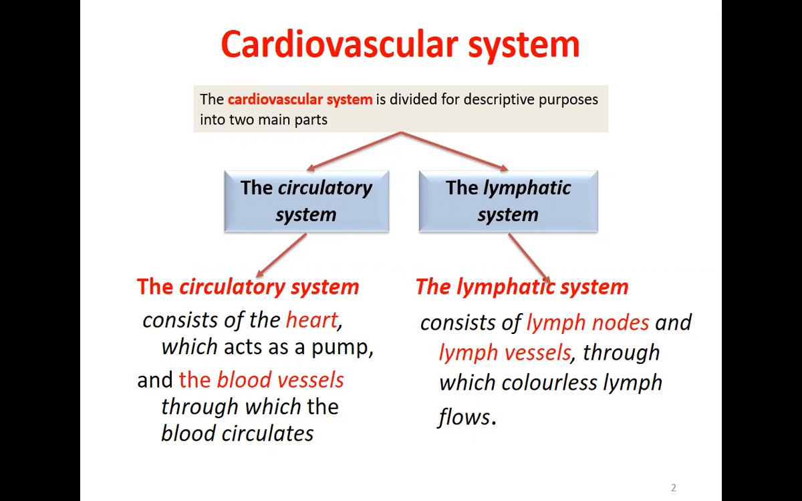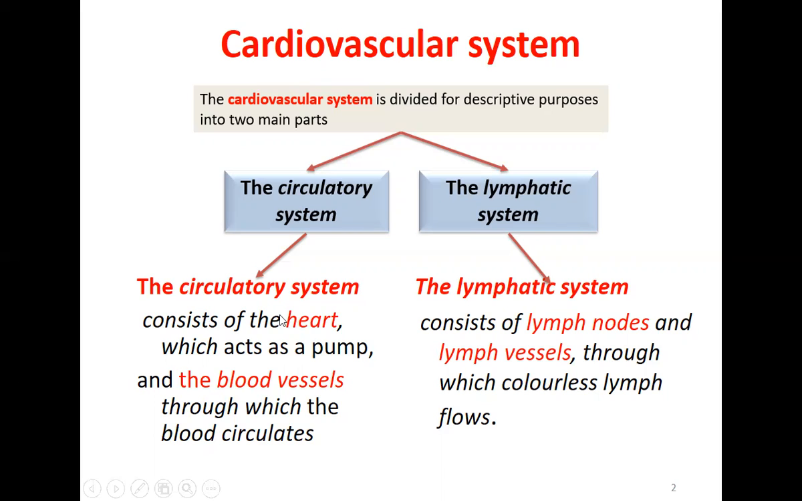The cardiovascular system is divided for descriptive purposes into two main parts, the circulatory system and the lymphatic system. Today in this class we will study the circulatory system, and in a future class we will discuss the lymphatic system. Just to understand what exactly is the difference between these two,